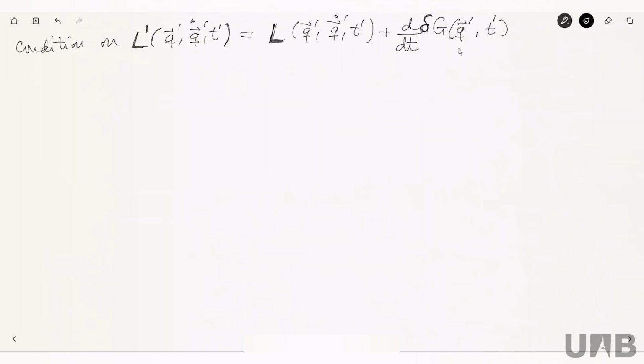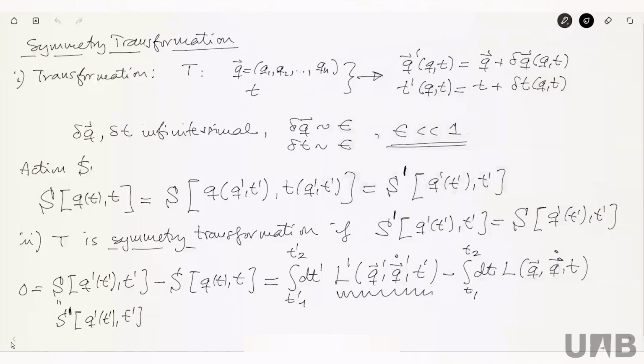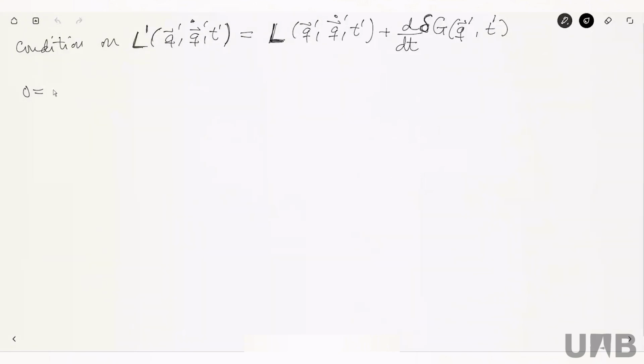Do you all agree with this? Yes. Okay. So that means that now our 0 equals the 0 that we had before, the difference between the integral of t prime L prime minus the integral over t of L equals the integral over t prime of t1 to t2 of L prime, but now this is L of q prime, q dot prime, and t prime,